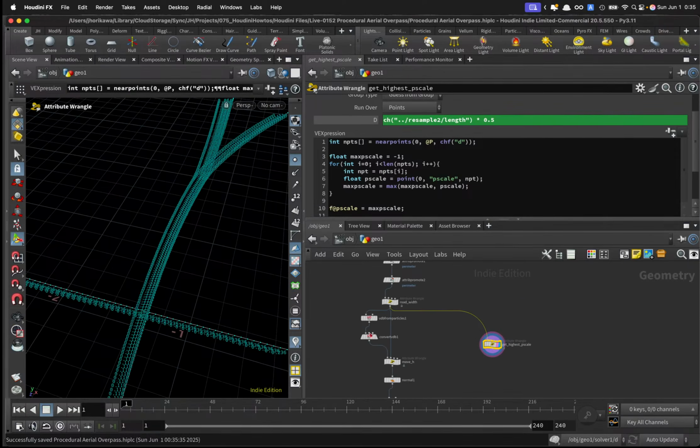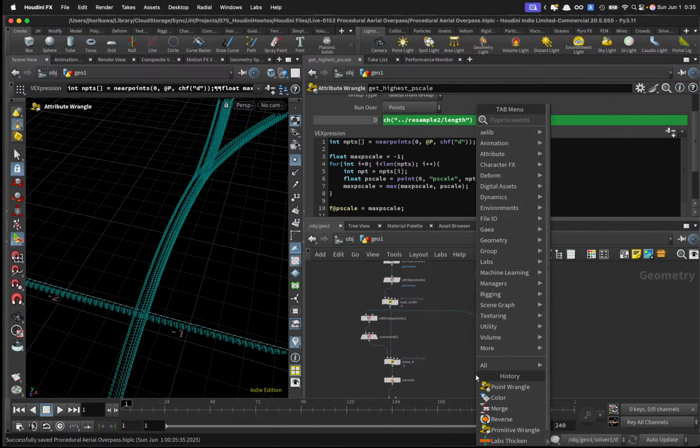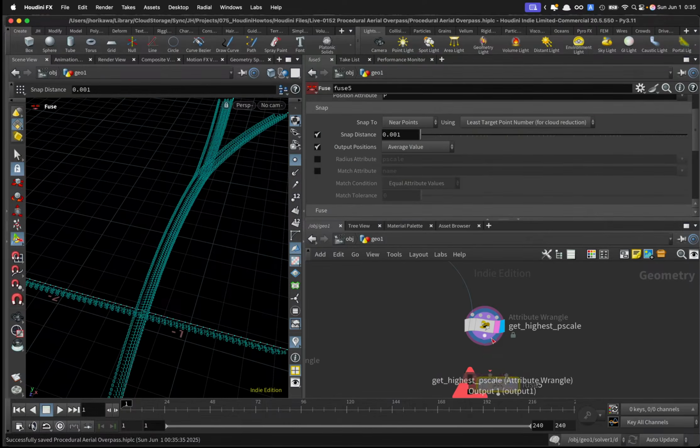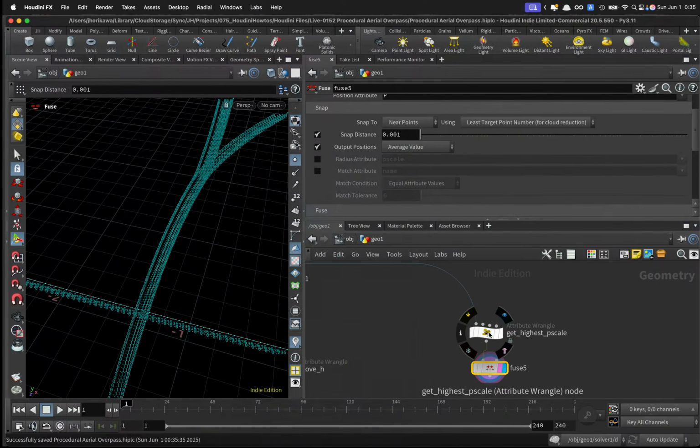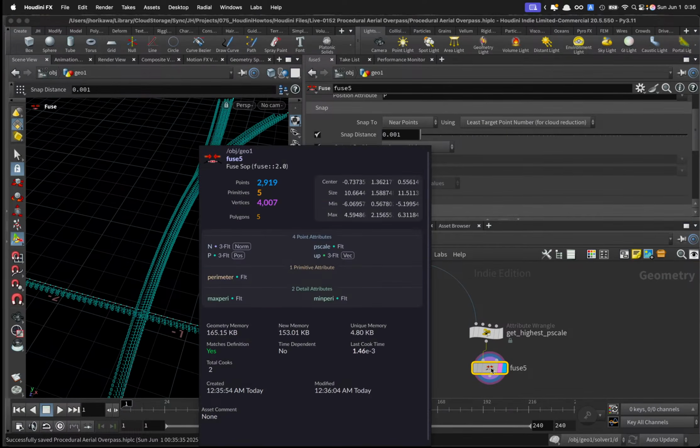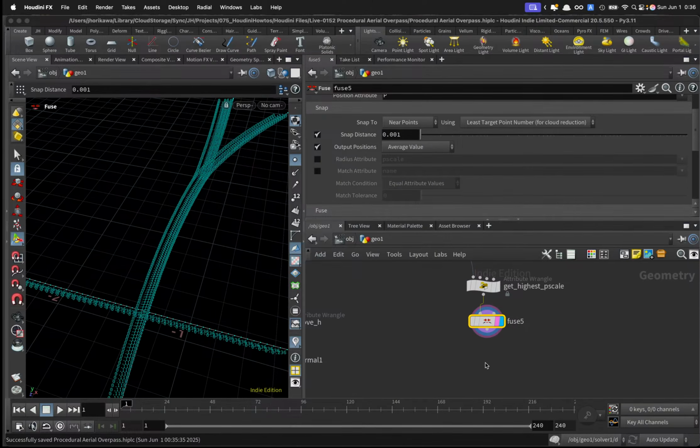Now the next step is to fuse the points, because I don't really need multiple points at each point position, so just fuse it to remove the duplicate points, which reduces a bunch of points, and